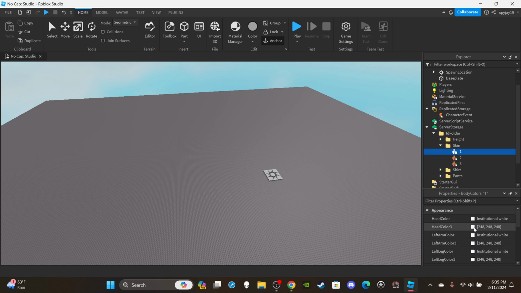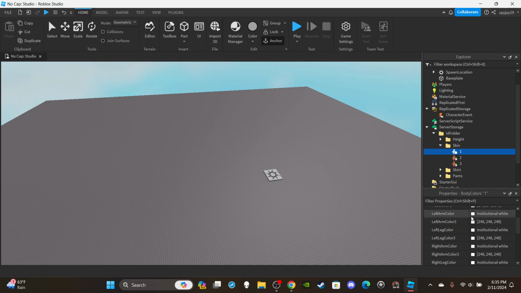Names down here, by the way, name property down here, and then you would just set the color based on whatever you want. So usually it goes from lightest to darkest. So of course 1 would be white, 2 would be like a kind of light skin type color, and then 3 would be like a brown skin, like a white person, Asian, and then like a black person, like me. But anyway, so then you would close the skin folder, then you would open up the shirt folder, and